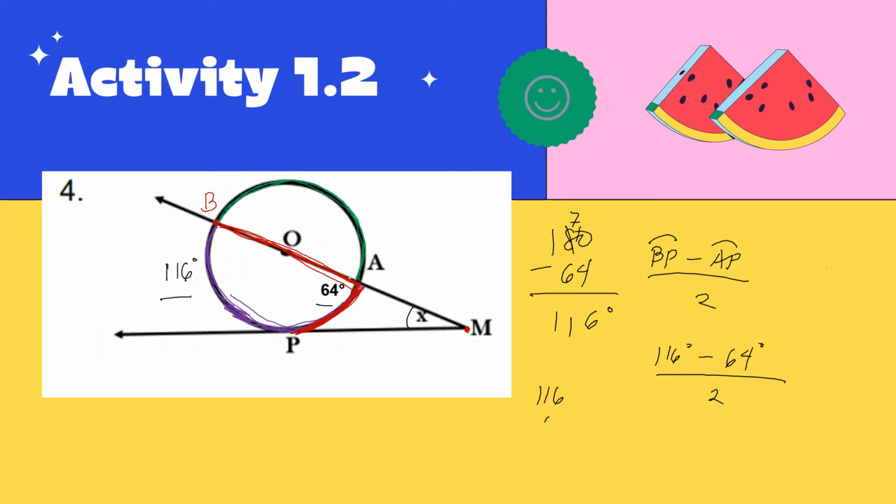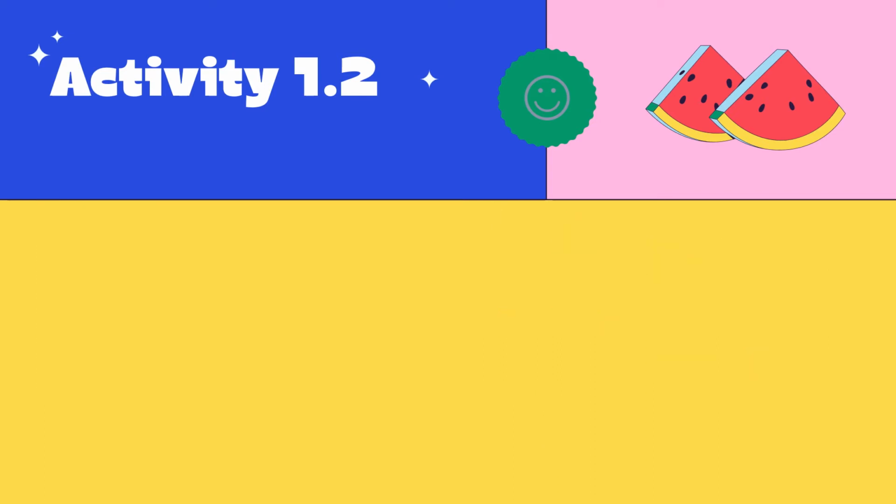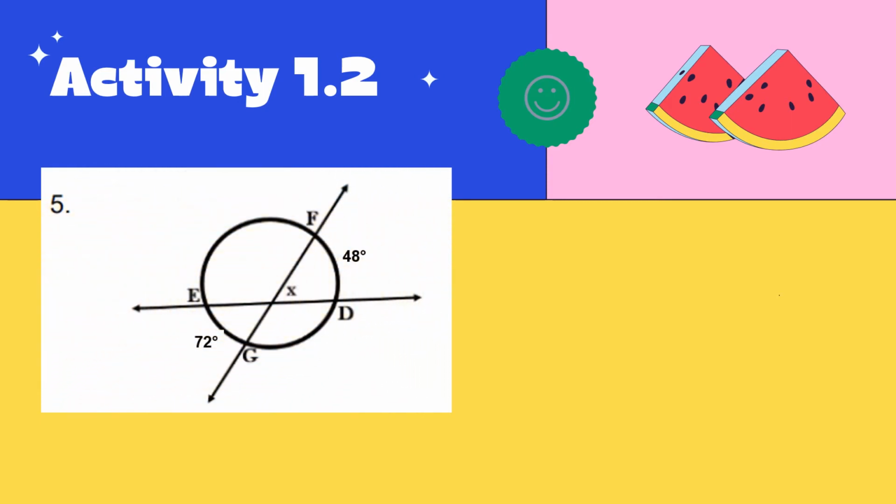So, 116 minus 64 is 52. 52 divided by 2 is 26. There. Therefore, the measurement of angle X is 26 degrees. Alright, next, let's proceed to number 5. Number 5, okay, here,